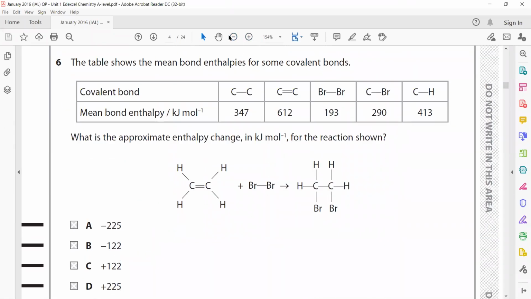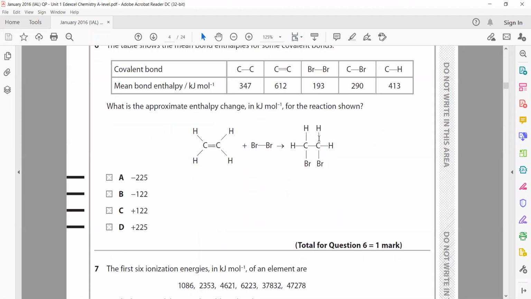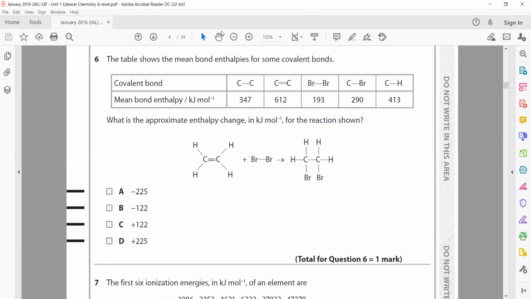The table shows the mean bond enthalpy for some covalent bonds. What is the approximate enthalpy change for the reaction? So enthalpy change for the reaction is bond breaking minus bond forming. Reactant side is the bond breaking side, product side is the bond forming side. So what are the bonds we are breaking? C double bonded with C, so 612